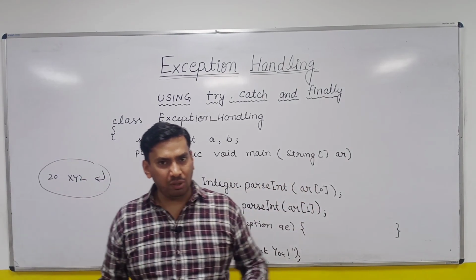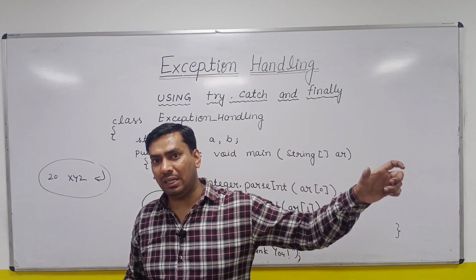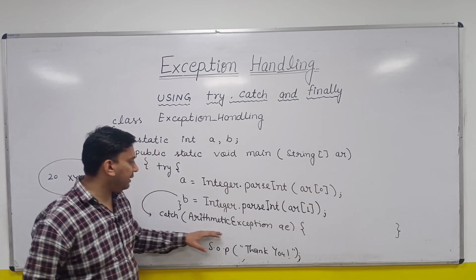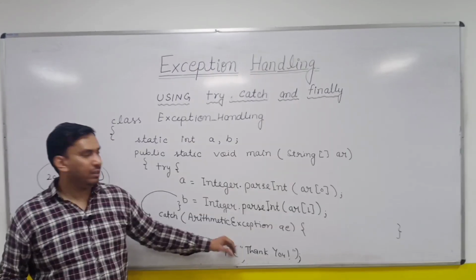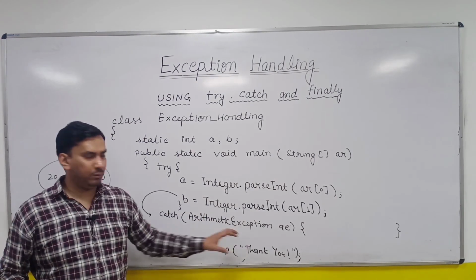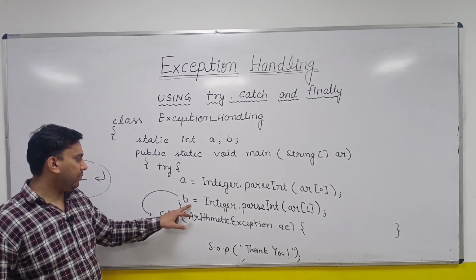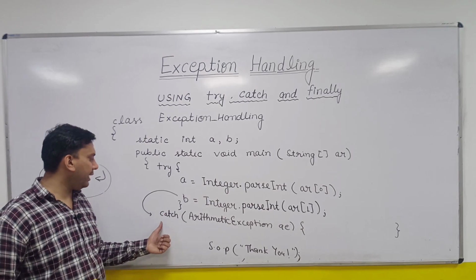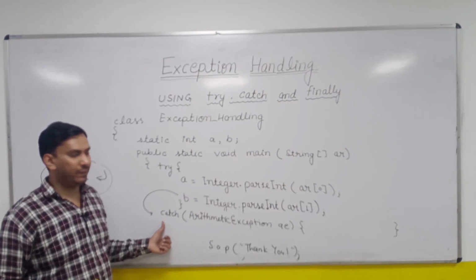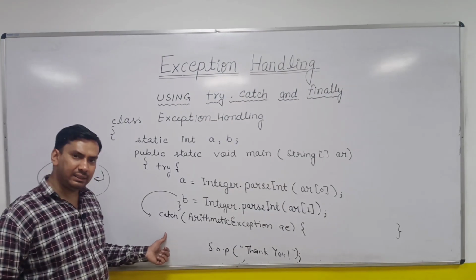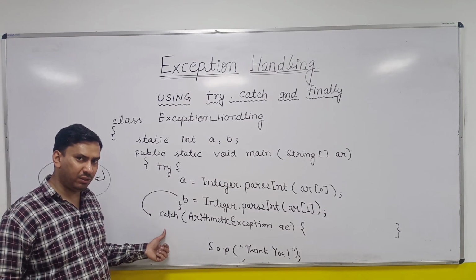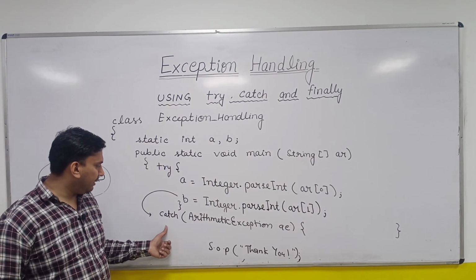So a catch block of the same type or its parent type is required, but ArithmeticException is not the catch block of the same type or parent type. So this catch block will say, sorry, I cannot handle you. It will say, okay, I will search for the next catch block. Later in this chain, there is no catch block, so it will not go to any other catch block.